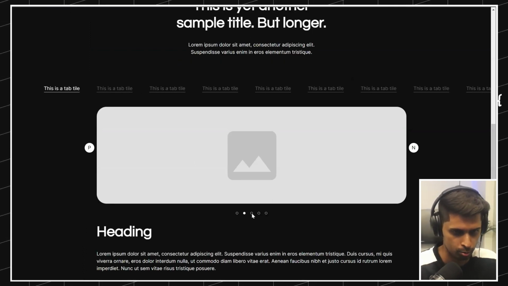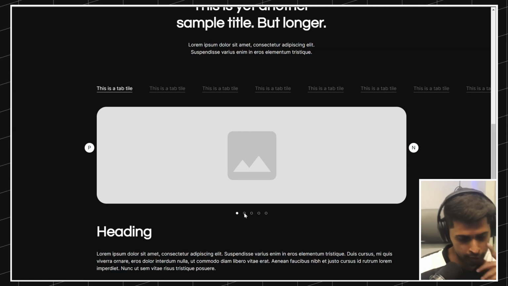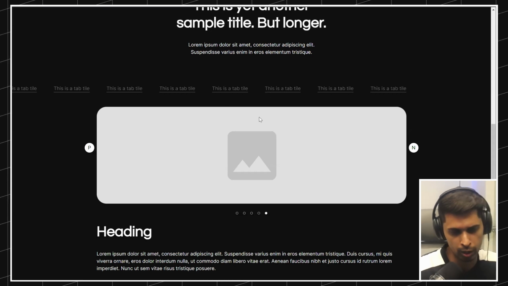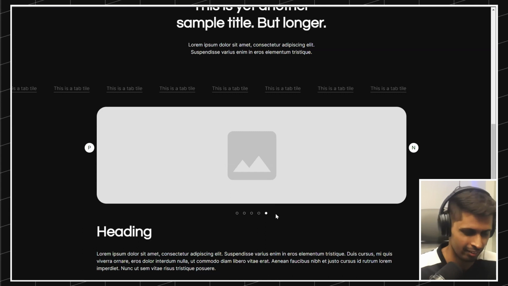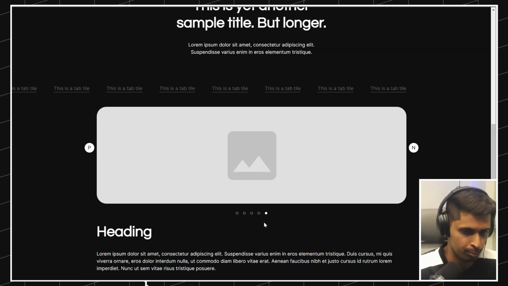Okay, so right, so you see only 5 dots here. And the reason for that is in the end, all of these other slides are visible on your screen. So SwiperJS naturally does not create more dots for it. And that's just a default behavior from Swiper. There is not much we can do with that. Maybe with some JavaScript, but